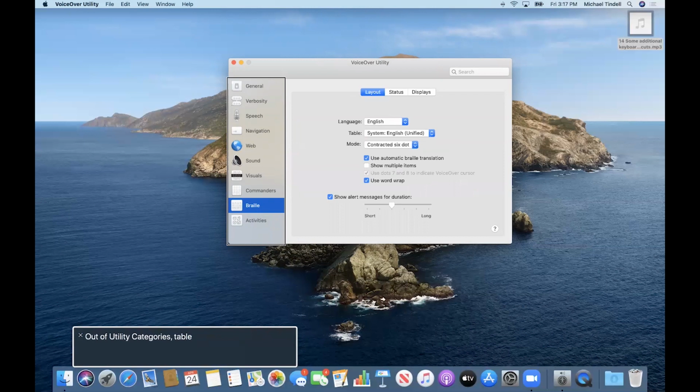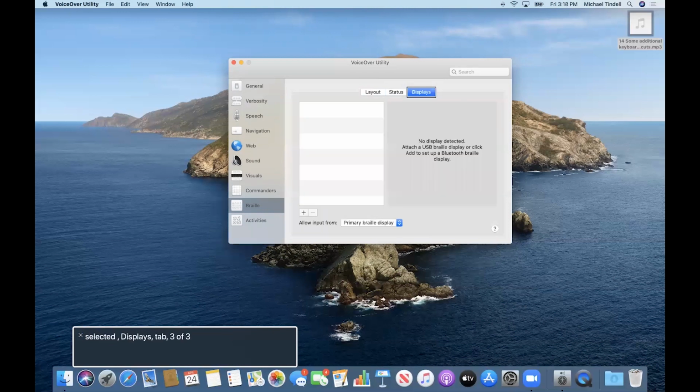And there are 3 tabs here. We have a layout tab. Layout, selected. We have a status tab, and I'm VO right arrowing. Status tab. And the next one is a displays tab. Displays tab, 3 of 3. I'm going to do VO space. Selected, displays tab. I have now selected my displays tab, and this is where we go to